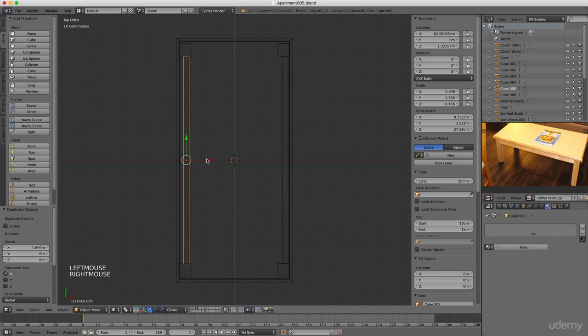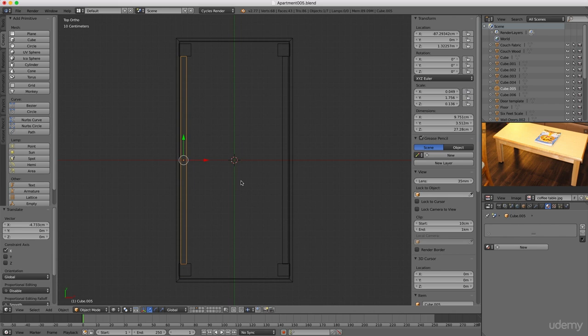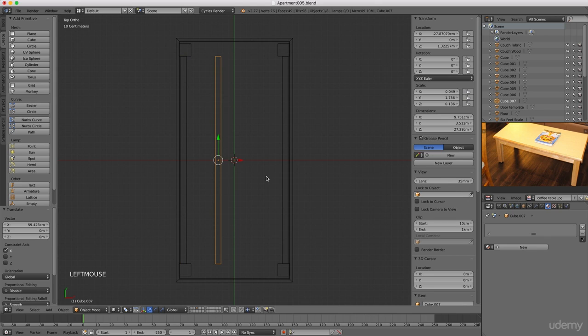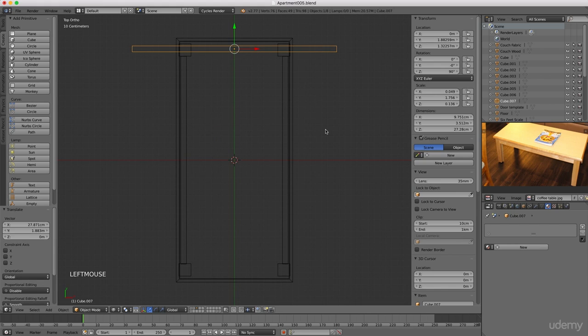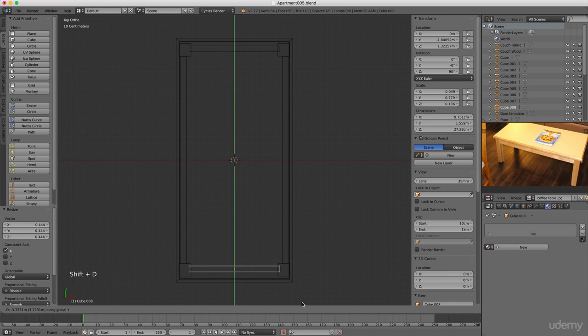Now I'll just take this one and move it over just a little bit like that. There we go. Now we should create the pieces on the ends, so I'll duplicate this and hit Enter. Drag it into the center a bit, and then I'll rotate it with RZ90 and move this up and scale it in the X, SX. And then we just need to put it down here, Shift D and the Y key, and move it down